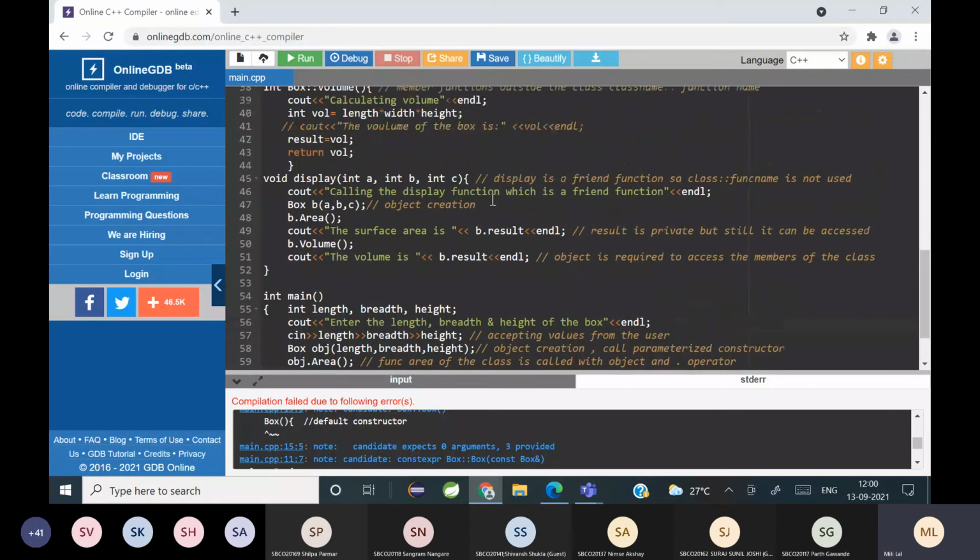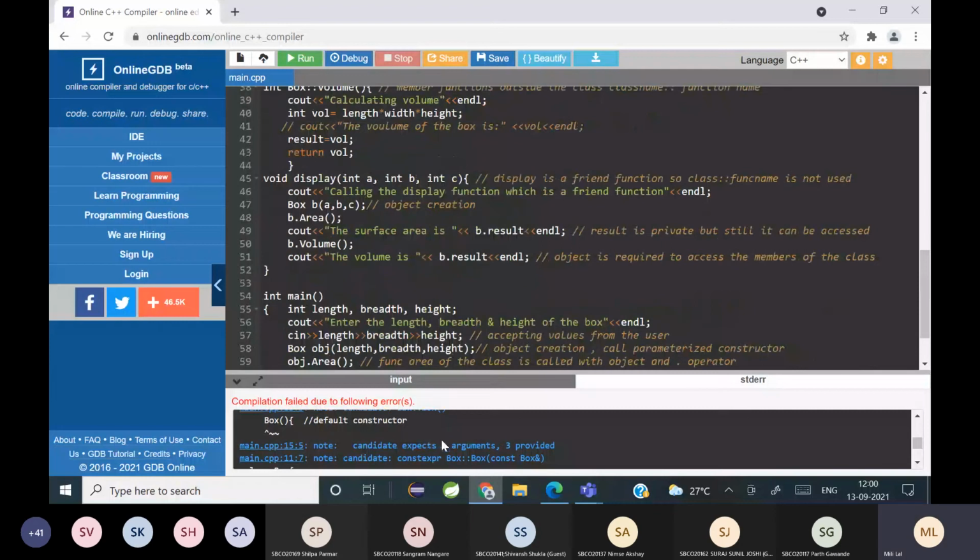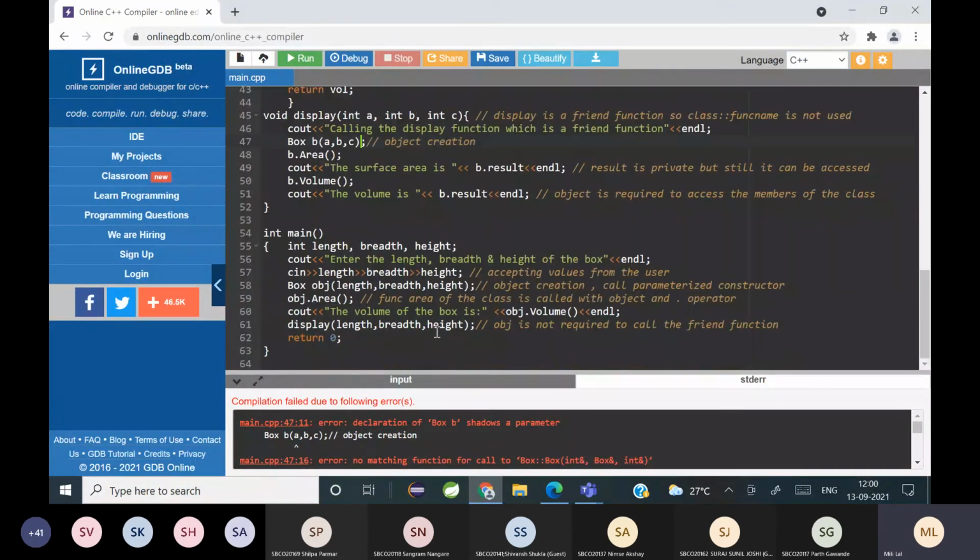Is the parameterized constructor not getting called or what? Object creation A, comma, B, comma, C. Length, breadth, and height.